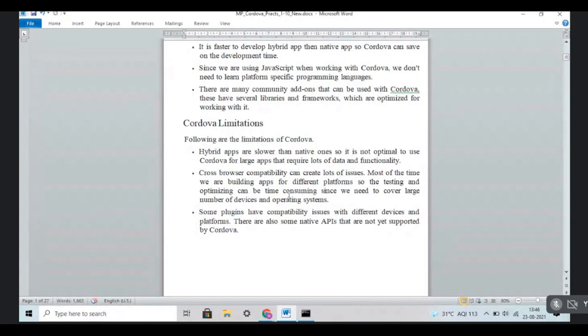Then practical 2 commands. Note down this one. These are the commands. These are the 4 steps before creating this Cordova app.